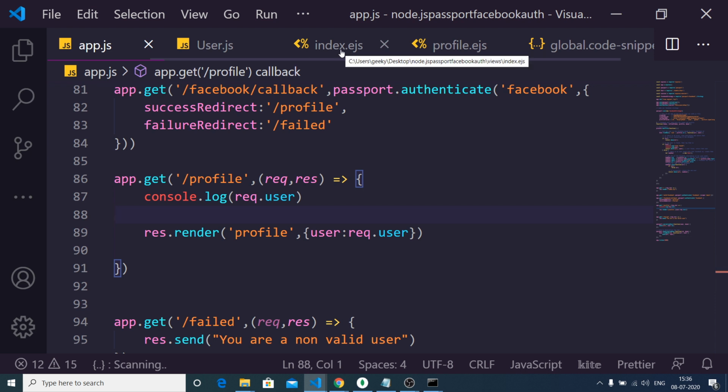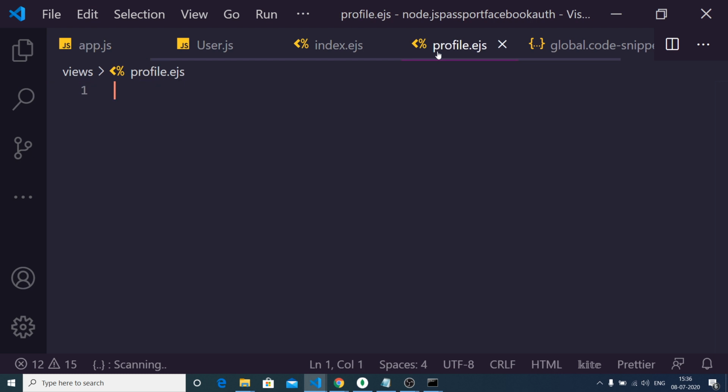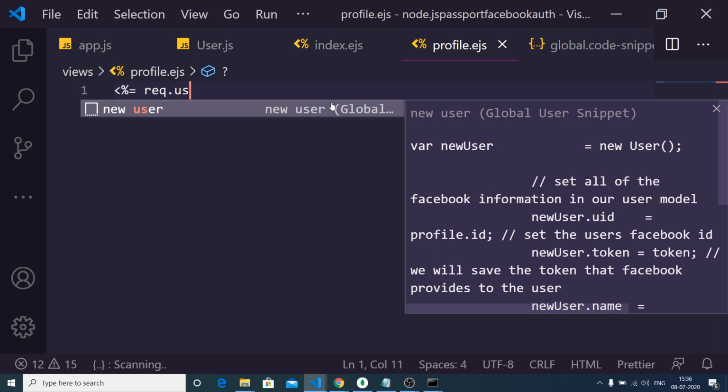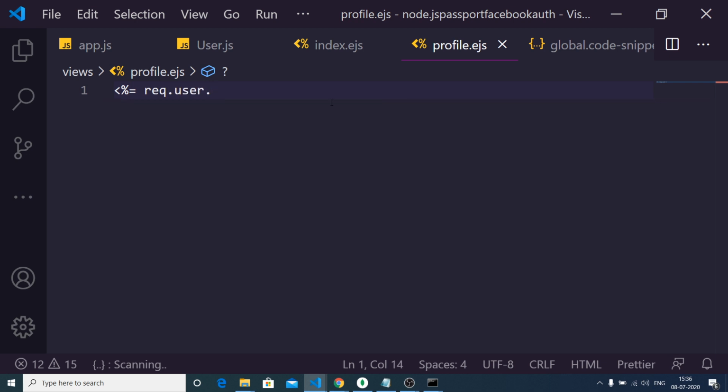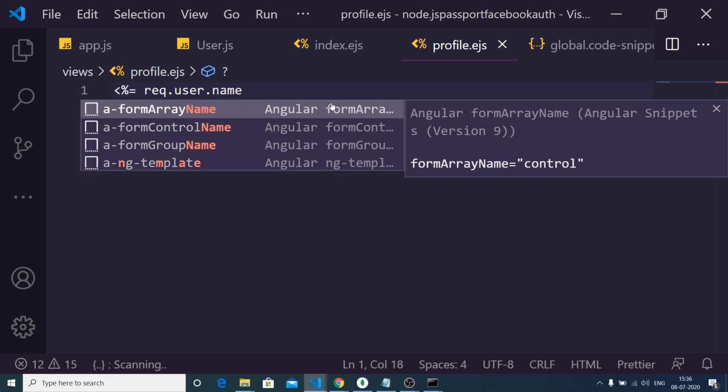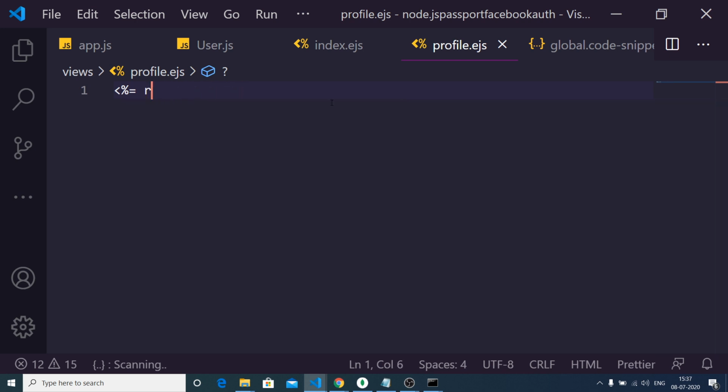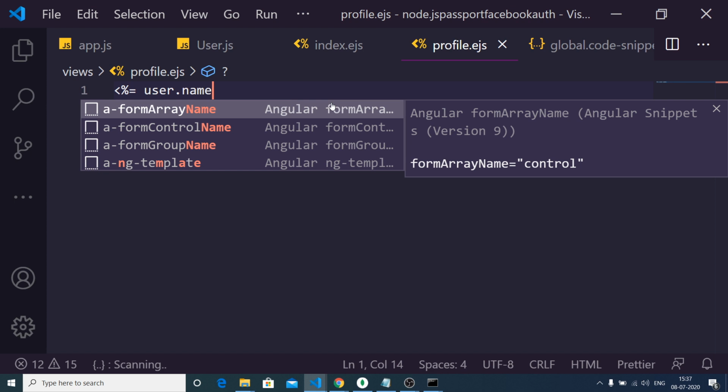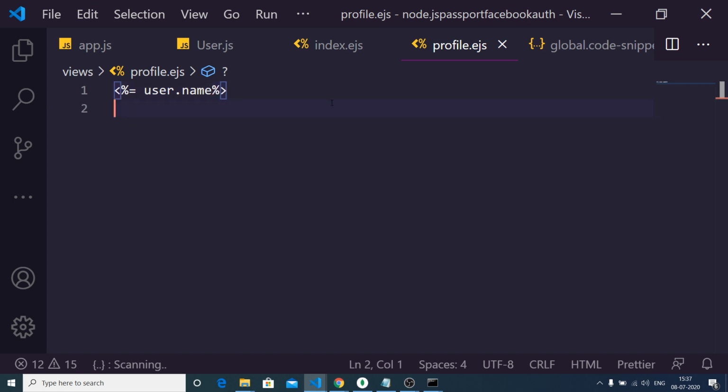In order to print this information, it is pretty easy. Go to the profile.ejs. We will follow the syntax request.user.name, or we can just write user.name because we are there inside the database.